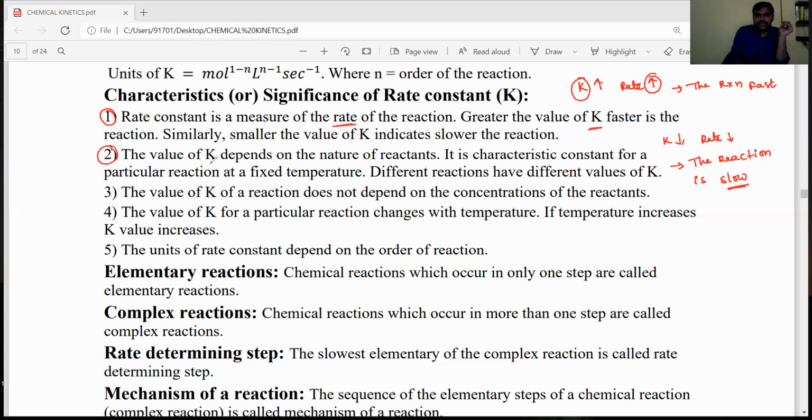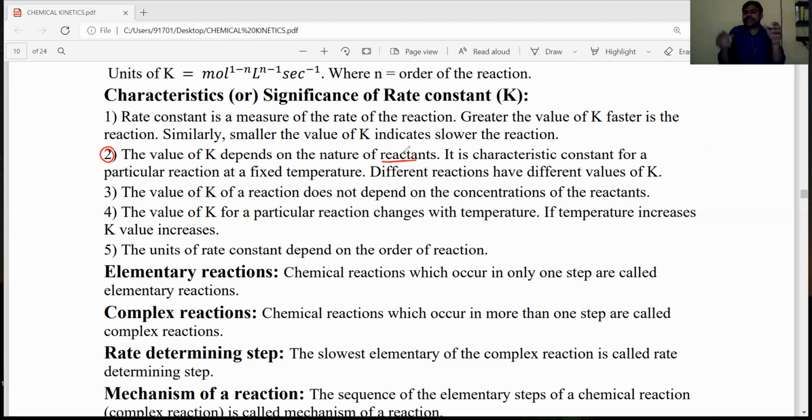The K value mainly depends on the nature of reactants, because ionic reactions are very fast reactions, the rate of the reaction is more, then the K value also will be more. That's why the K value depends on the nature of reactants,